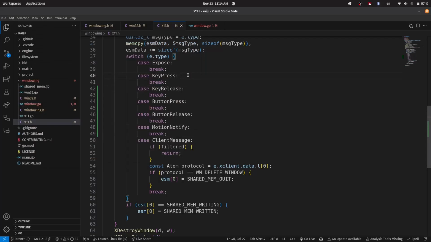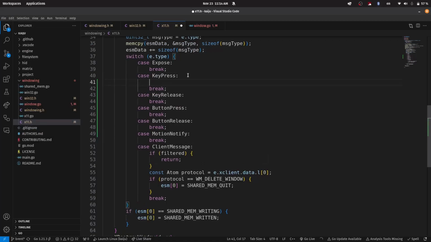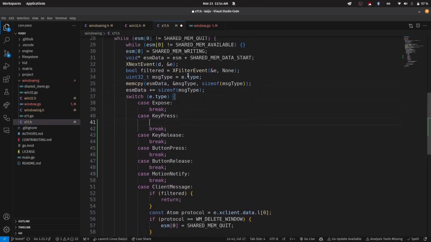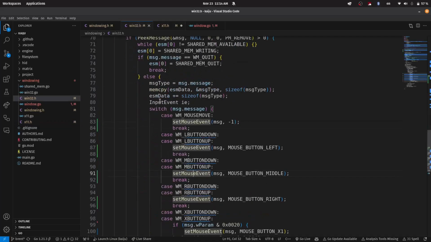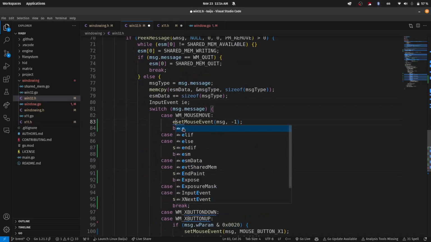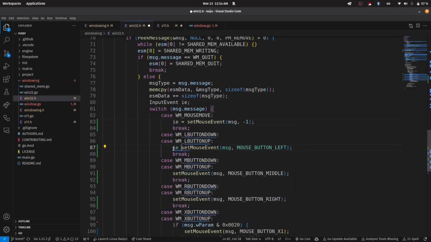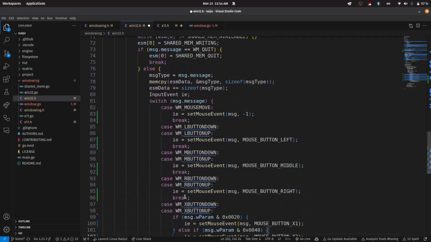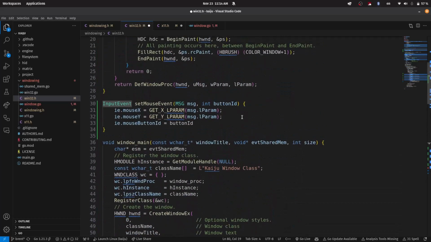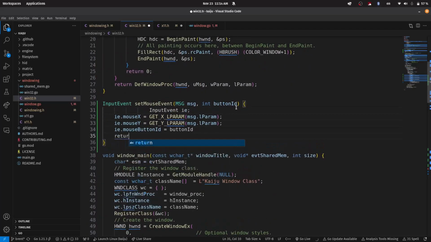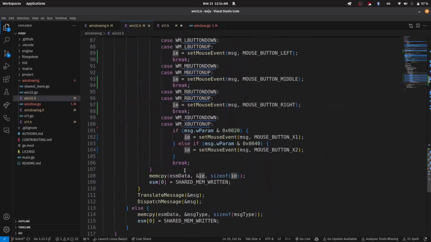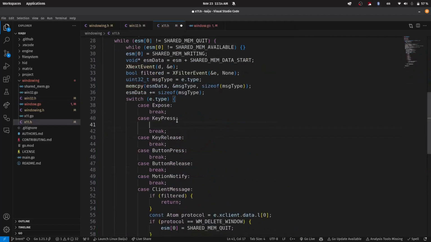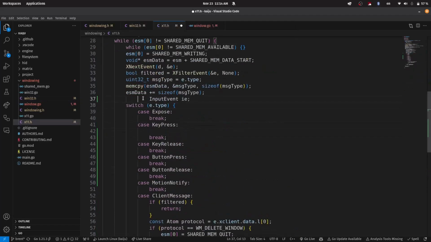So, for example, when we do the key press, we can say we're going to do a similar thing with the event, so let me just copy this input event. Oh, this needs to be IE equals. I didn't really finish setting this up, did I? IE equals, and then copy this, paste it up here, and return IE. Okay. Cool. So we're going to do something similar to that, where we have the input event set up before the switch type,